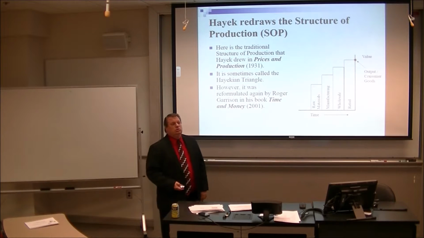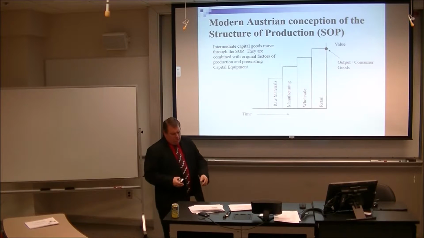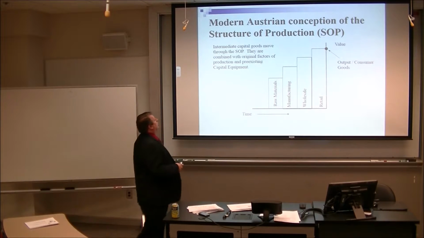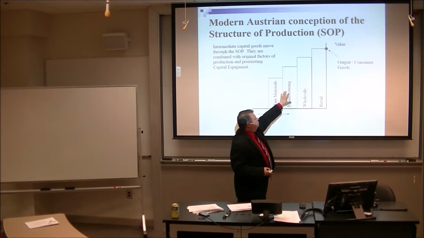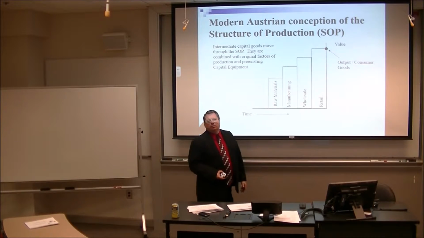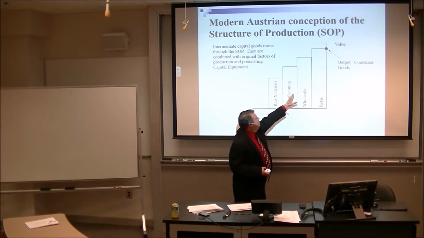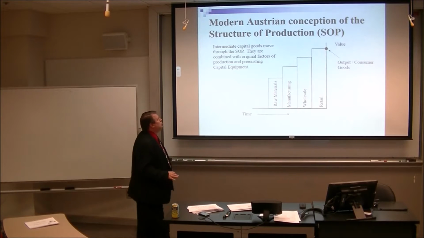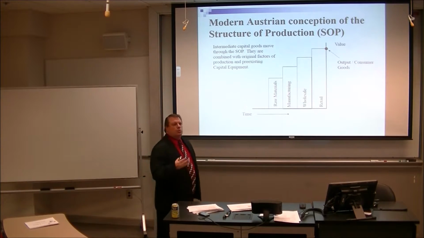In fact, we do. And so what we end up having is our structure of production. We have intermediate goods moving through. So I chop down the tree. The tree then goes to the manufacturer, turns it into boards and pencils, goes to the wholesaler, goes to the retailer. And so the intermediate goods are moving through the structure of production, and they're being combined with the original factors